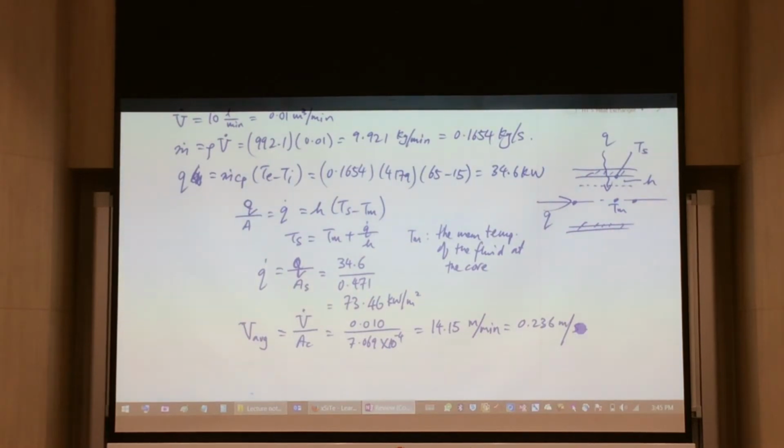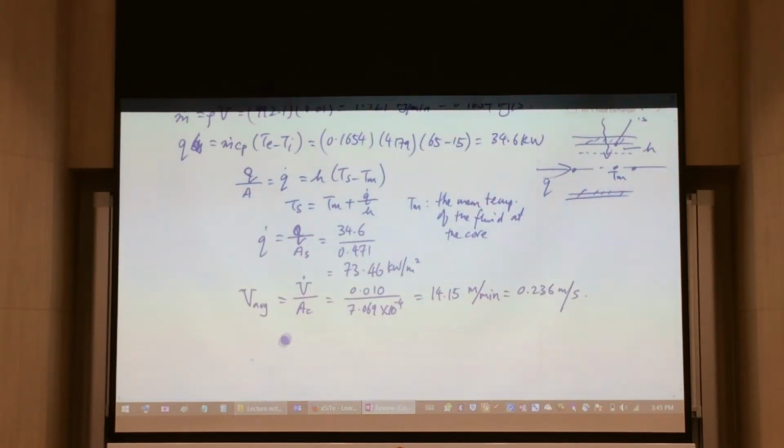So with the velocity, we could then figure out what is the Reynolds number. The Reynolds number would be equal to velocity, in this case your average velocity, multiplied by diameter, divided by nu, your kinematic viscosity. And this nu is actually given in the table right at the top of the question. So take that value, put them all together,